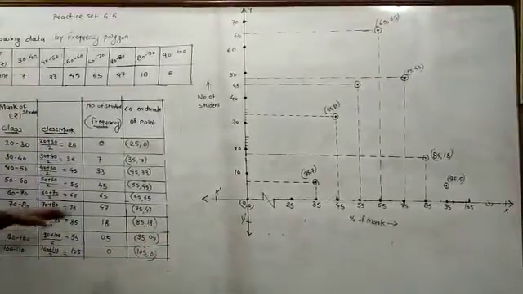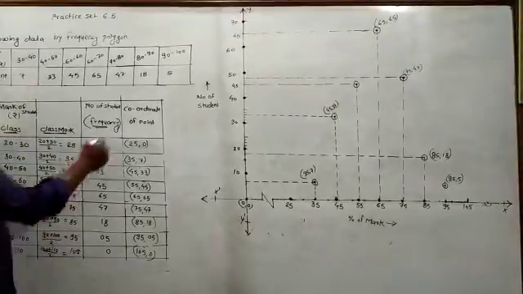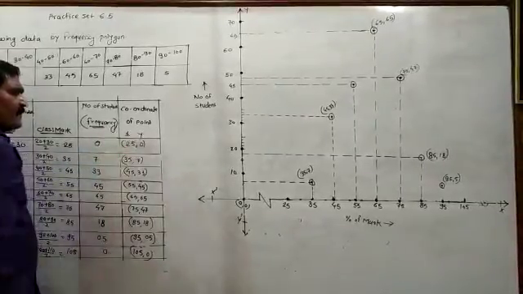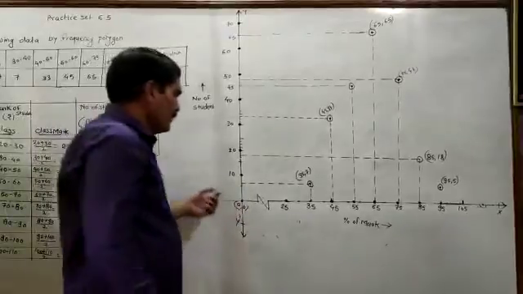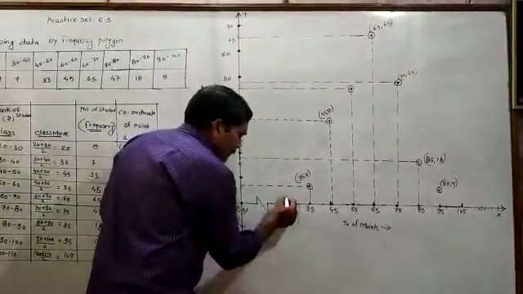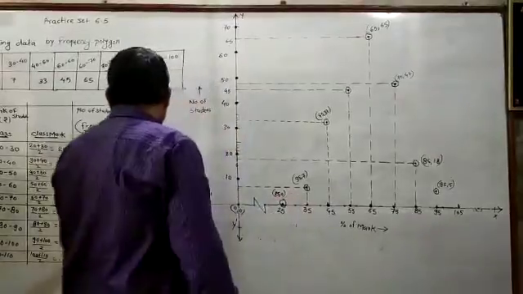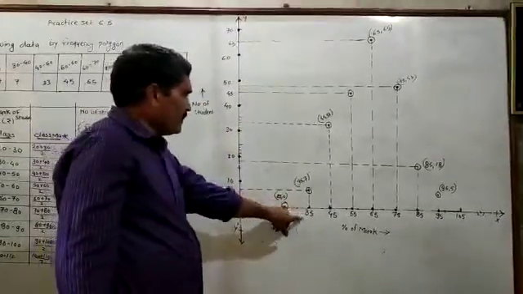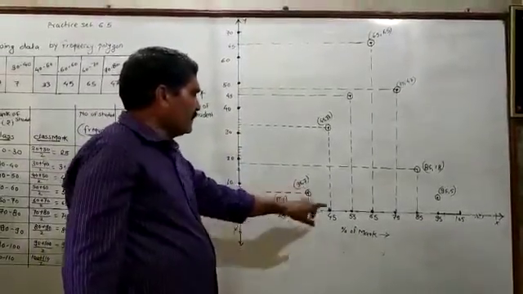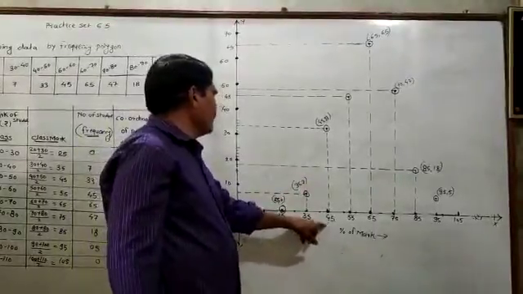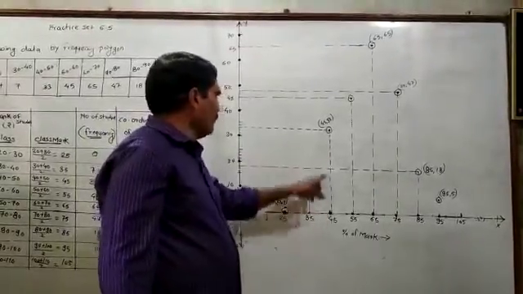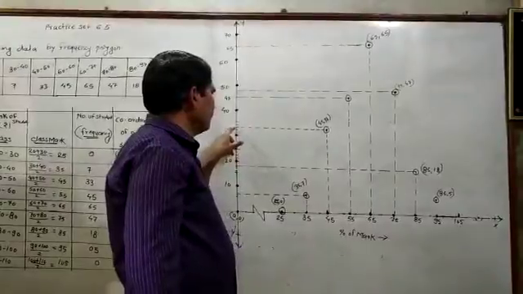Then you have to plot the graph. This is the x coordinate, this one is the y coordinate. So 25, 0: this point will come here. You have to write the coordinate of this point, 25, 0. Then the next one is 35, 7: x axis 35, y axis 7. The next point is 45, 33: x axis 45, y axis 33. After 30 you have to take 3 lines.